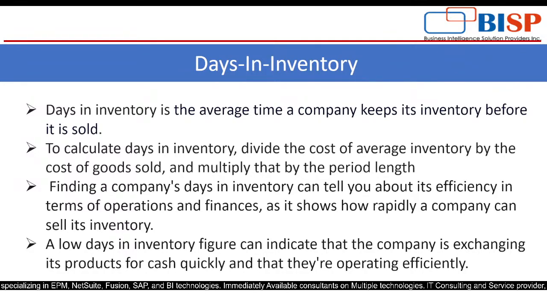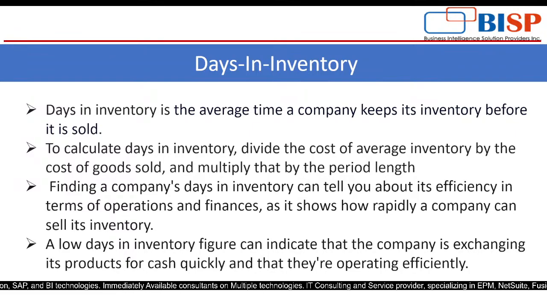Finding a company's days in inventory can tell you about its efficiency in terms of operations and finance, as it shows how rapidly a company can sell its inventory. A low days in inventory figure can indicate that the company is exchanging its product for cash quickly and that